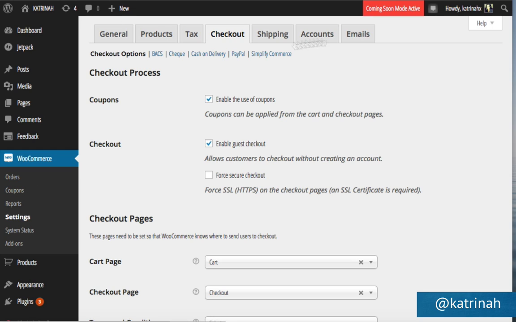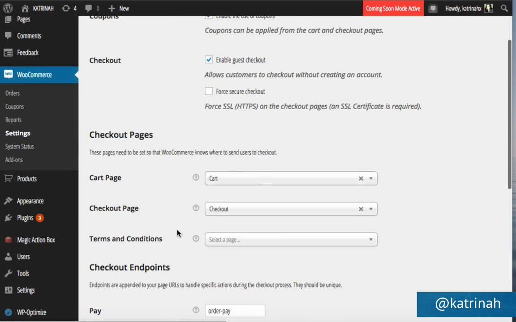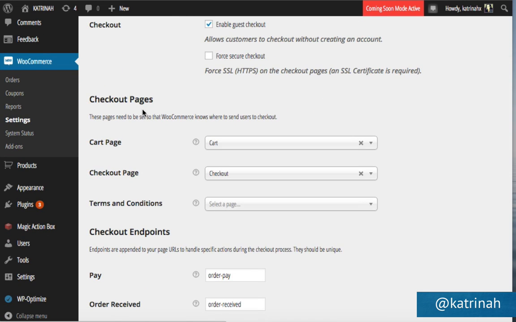Moving forward, on the checkout process page, you can also enable guest checkout if you'd like, which, as it notes down below, allows customers to check out without creating an account. By default, this is enabled, so I'm going to leave the default enabled as it is. And then moving down, we have our checkout pages. Once again, when you installed WooCommerce and created those pages, the cart page and the checkout page were automatically created. So I'm just going to leave them as they are right there,